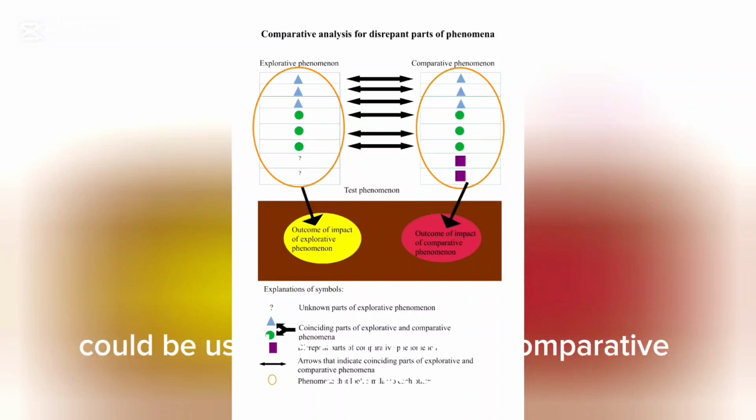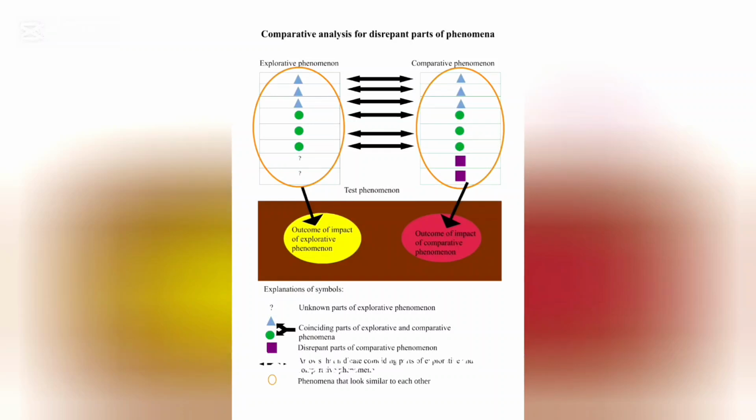This scheme could be used as a formula for comparative analysis of phenomena, so all of its components are represented symbolically: triangles and circles, coinciding parts of the explorative and comparative phenomena; squares, parts of the comparative phenomenon that do not match with the explorative phenomenon; question marks, unknown parts of the explorative phenomenon with unclear characteristics; horizontal double-sided arrows